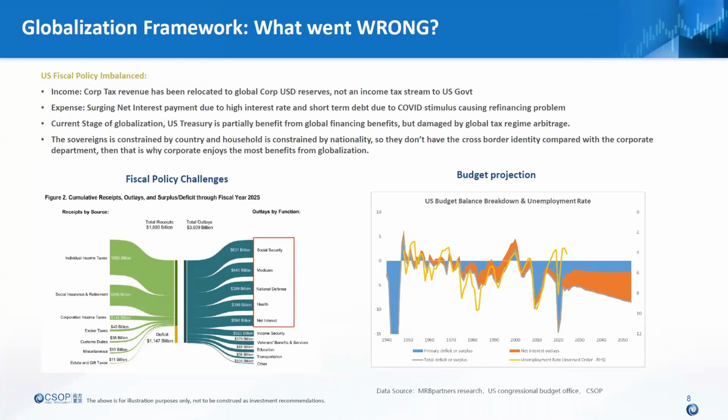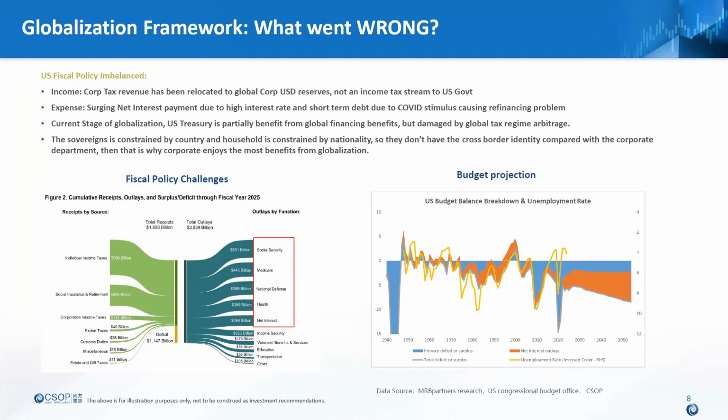And second, due to the COVID stimulus, starting from 2020, 2021, there is a surging net interest payment due to the high interest rates and also due to the short-term funding features. They're causing some refinancing problem. So the net result is that on the one hand, yes, the US Treasury is partially benefiting from the global financing benefits because they have a very deep market with abundant liquidity, but also partially damaged by this global tax regime arbitrage, which means the US government didn't take much benefit from